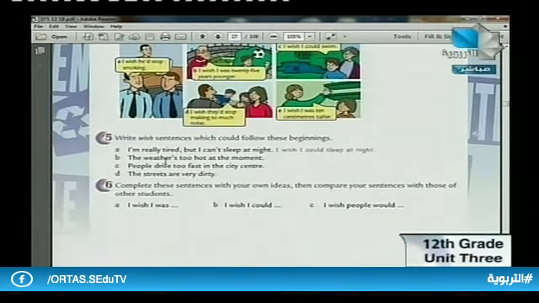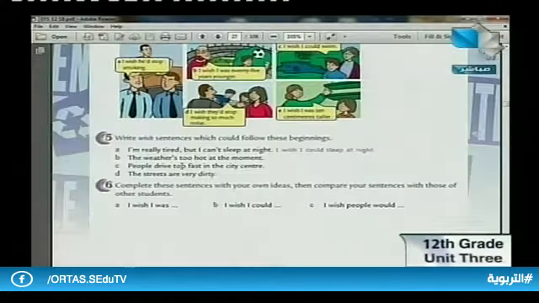Again, the weather is too hot at the moment. I can say, I wish it weren't hot, or I wish the weather weren't or wasn't hot. Also hot at the moment, or without at the moment, all are accepted. We could use warm, colder, many things. All are accepted and correct, 100%. What about warm or cooler? I wish the weather was warmer or warm, not too hot, or cooler. The student can use his or her own words.